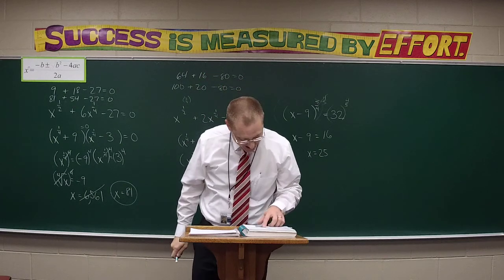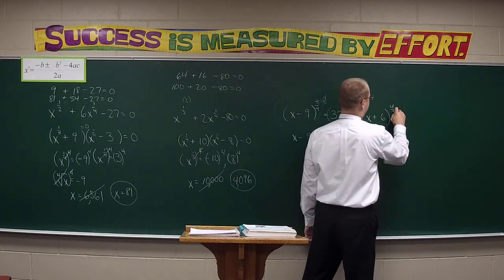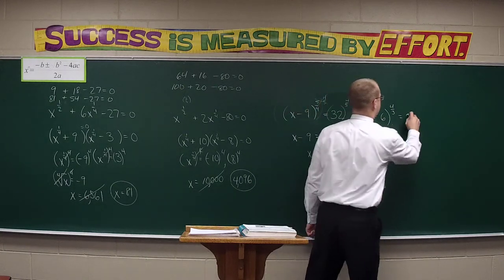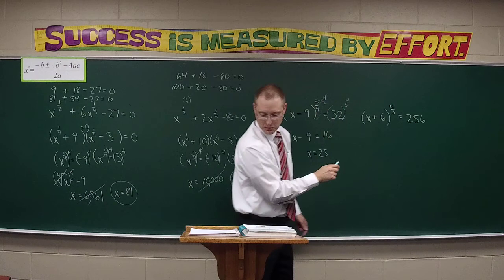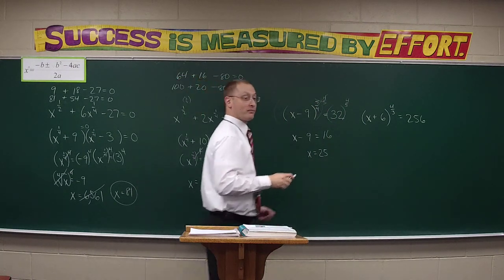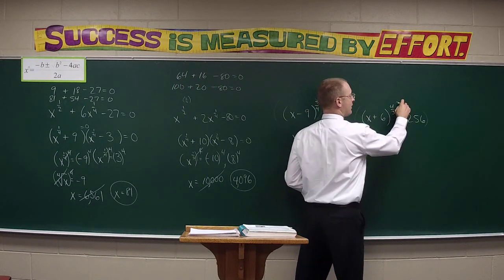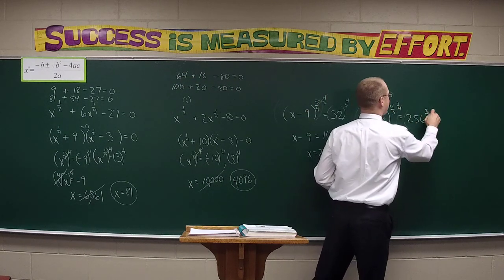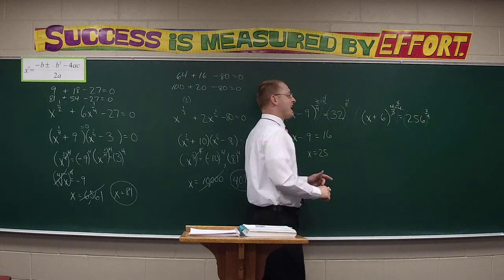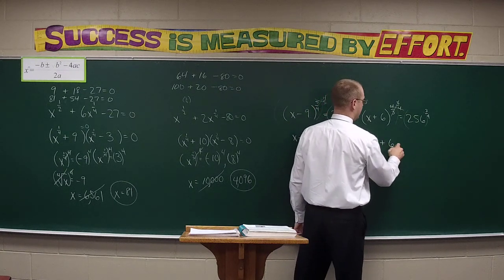All right. Number 10, we had x plus 6 to the 4/3 power equal to, there it is, 256. That's not the right problem. That's the one we just did. And Audrey. You raise both sides to the 3/4 power. There we go. Not quite as smoothly articulated, but we got there, all right? That's the important thing. And so what are we left with here? x plus 6 equals